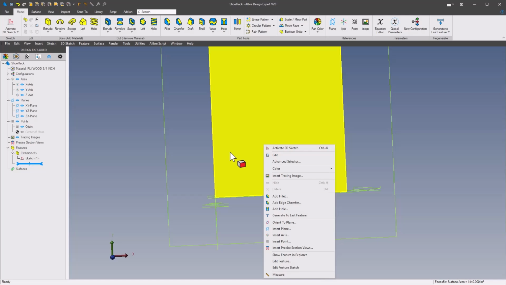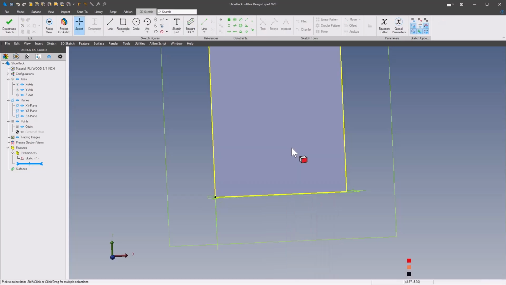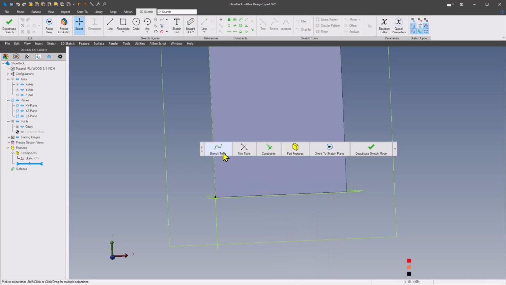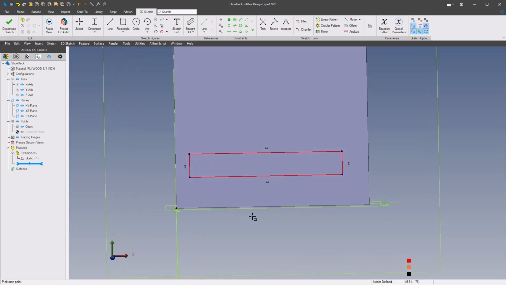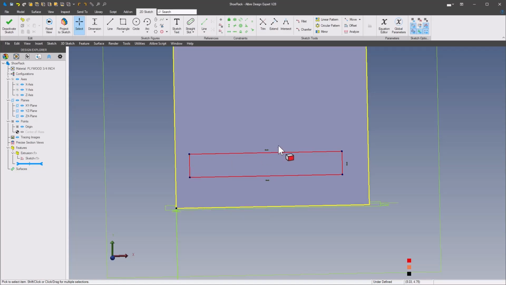So I'll just right click on this surface, go to activate a sketch, and we'll grab the rectangle tool. Now we do have an angled rectangle tool here that I could use, but I don't know that Atom 3D has that. So I'll use the rectangle by 2 corners and just draw this out. And it's going to come in with horizontal and vertical constraints on it. So first thing I want to do is delete these constraints,